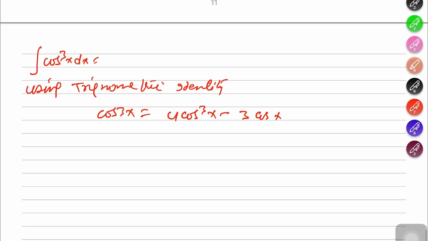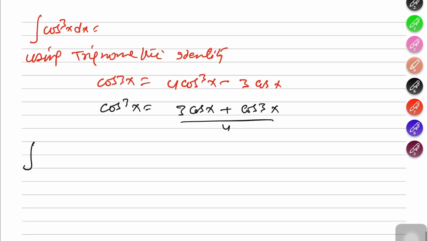That converts into cos cube x being (3 cos x plus cos 3x) upon 4. So that means we can write the integration of cos cube x dx as